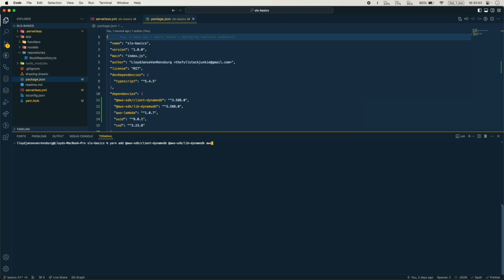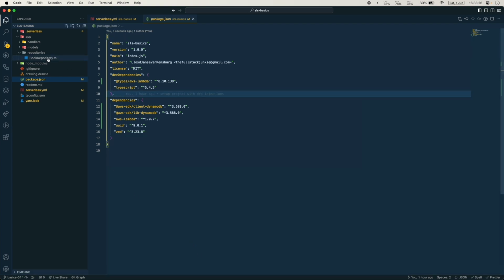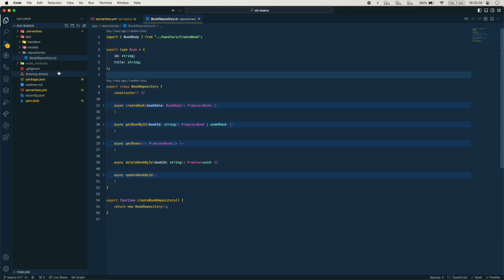And now that that is installed, I want to install one dev dependency for the AWS Lambda package. So we can say -dev, and we want to install the @types for AWS Lambda. Okay, with that all set up, now we can actually go to our book repository and we can start using